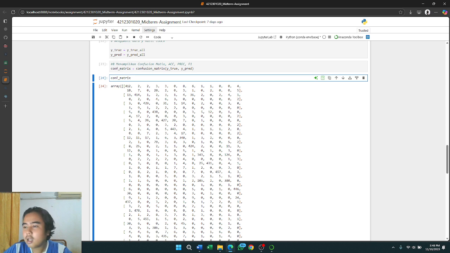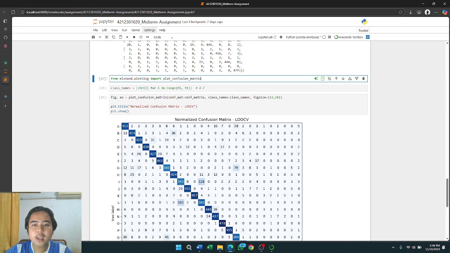Next, in this cell, by using this confusion matrix, we can see the pattern of numbers in this matrix and find out which letters are often mixed up, which are easily recognized, and how accurately the model distinguishes characters from each other.